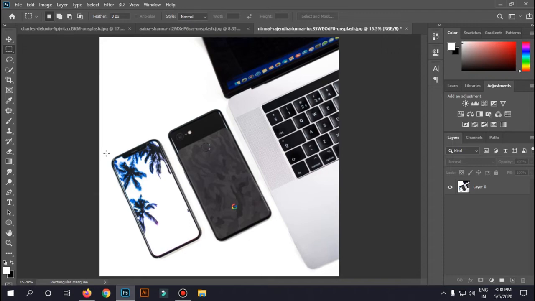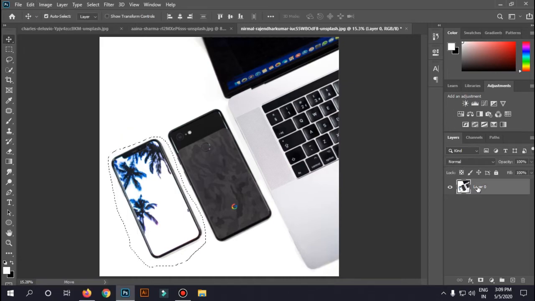Do the same thing for this right here. I'll select this phone. Wait, I'll do it with the lasso tool. Select it, no big deal, just select it. Yep, now the phone has been selected. Just press Ctrl, wait, Shift, I think. Yeah, go to Edit and, wait, go to...